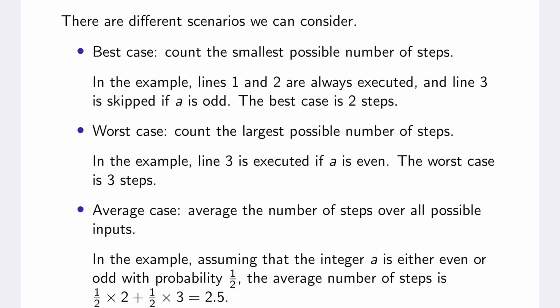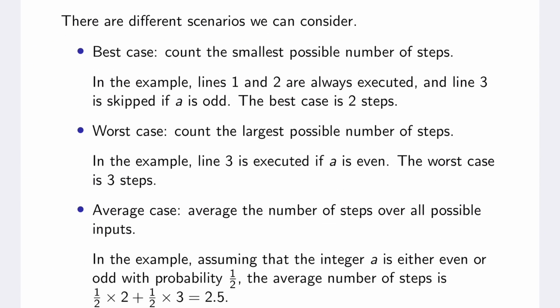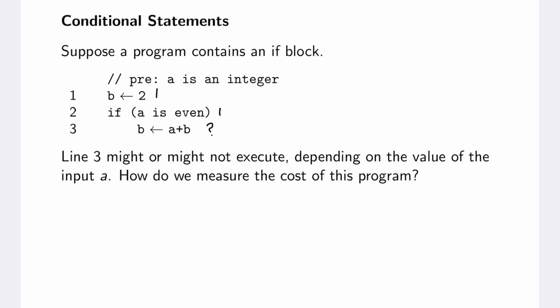The best case is to count the smallest possible number of steps. So like, what's the fastest way this algorithm can execute? In this case, if the condition on line 2 is false, if A is odd. The worst case counts the largest possible number of steps. In this case, if the if statement evaluates to true. And then average case averages the number of steps over all possible inputs. So over all possible values of A,